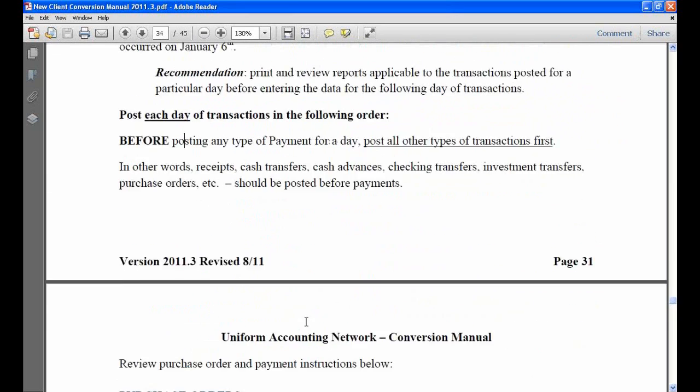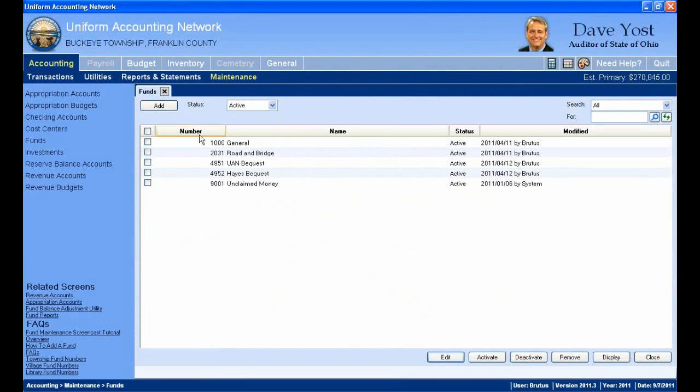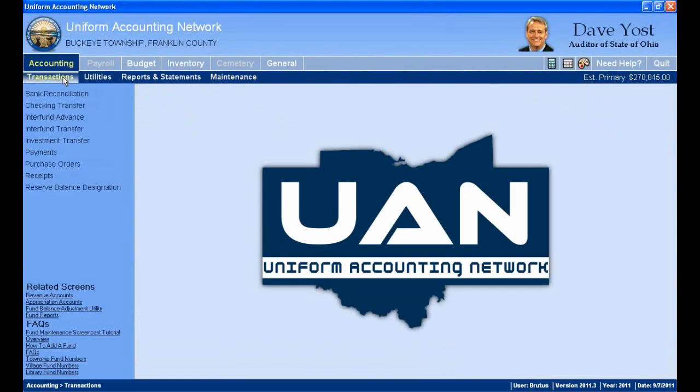and the reason you want to do this is because you're doing this daily. It's possible that, for instance, you had a receipt that day, say it's January 5th, and your fund balance for a particular fund was $10,000. You got a receipt for $20,000, and you made a payment for $12,000 that day. Well, if you don't do it in the correct order, so your cash balance at the beginning of the year